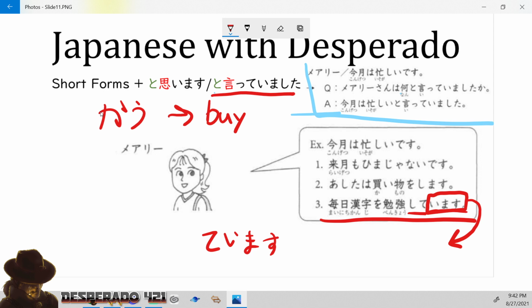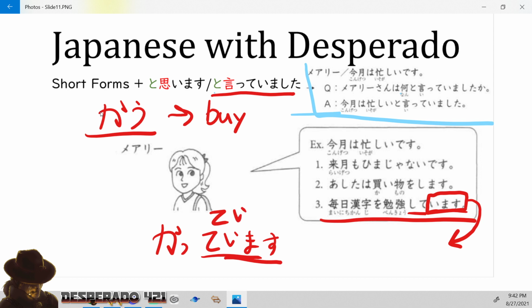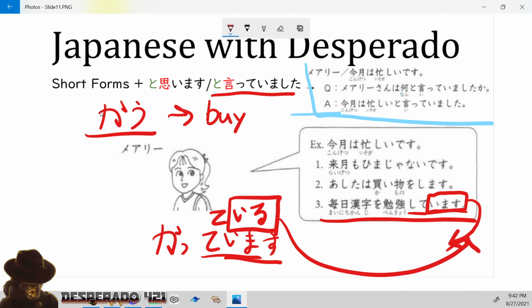So how we change, like we use kau here, so we have katte imasu. So the masu form for this te imasu is te iru. That's the short form. So, shiteiru? Very good. Okay. So is it gonna just be